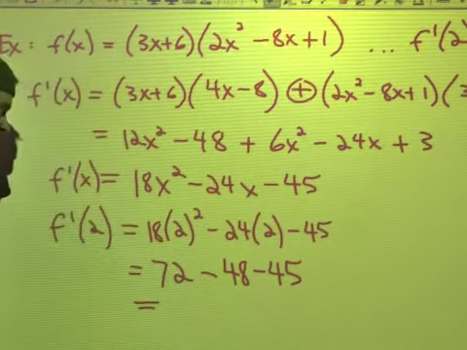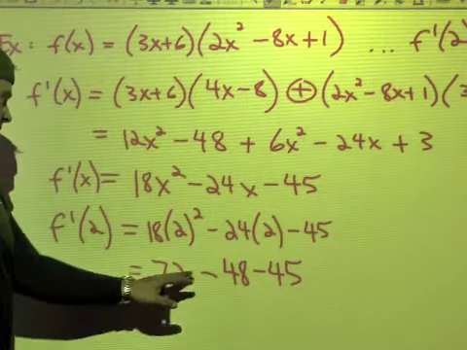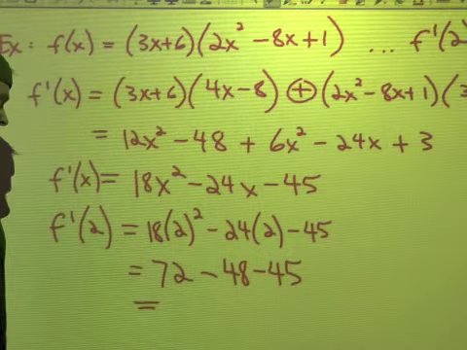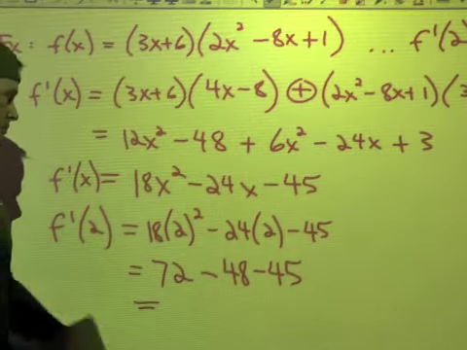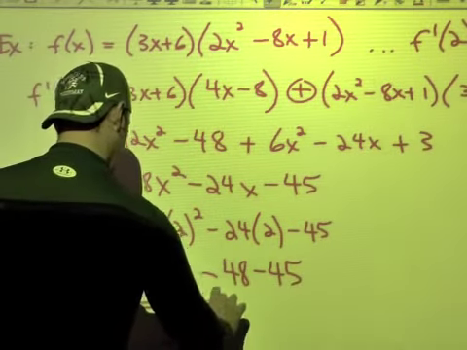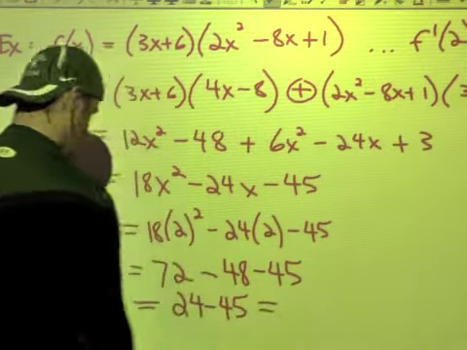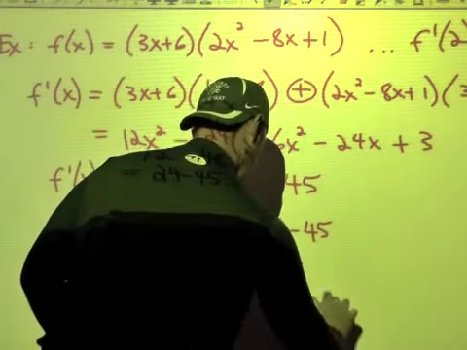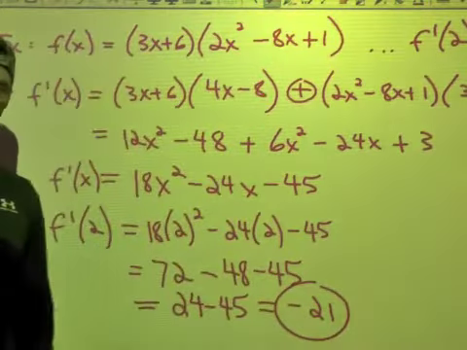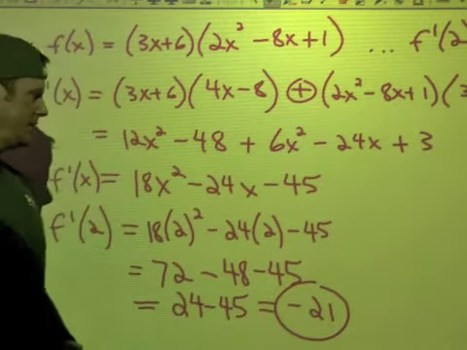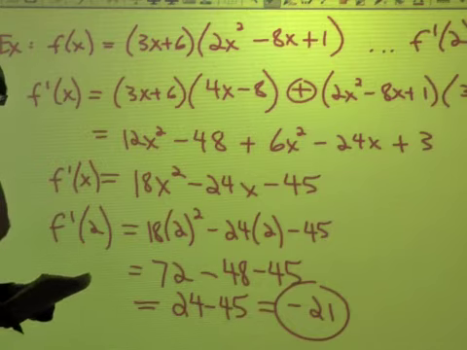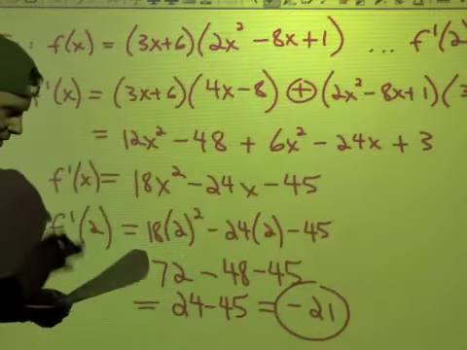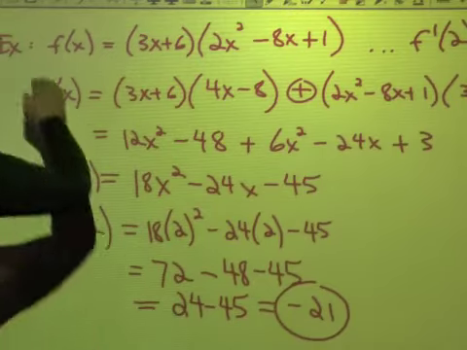And maybe I can't do this in my head. Let's see here. This would be 72 minus 48 would give me 24. 24 minus 45 would be negative 21. So that would be my derivative. Forgive me if I made an arithmetic mistake there. Okay? So sometimes you actually have to use the product rule. So I want you guys to do one real quick before we